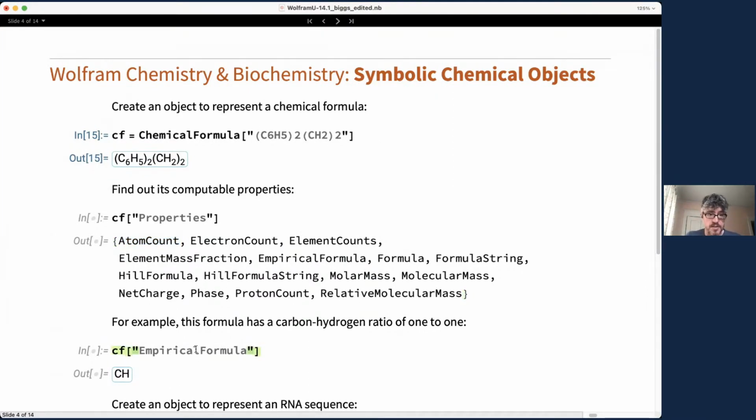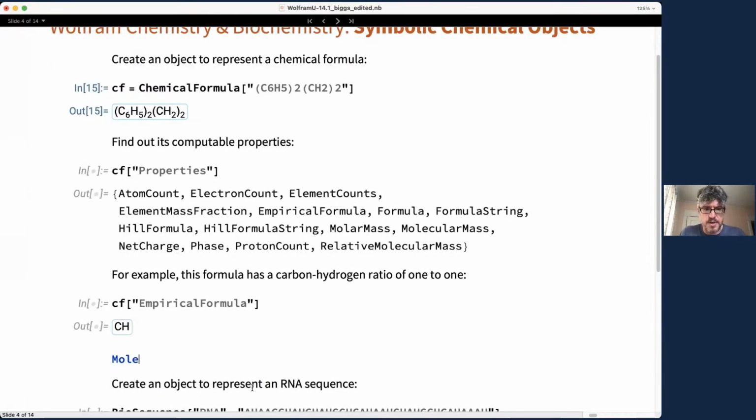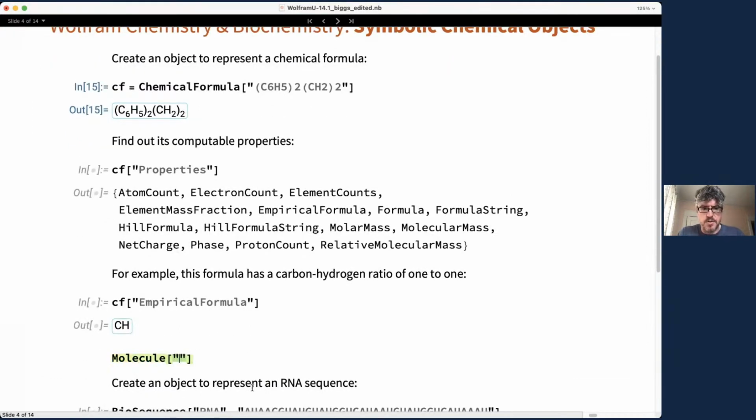For example, you can see that this chemical formula has a carbon-hydrogen ratio of exactly 1 to 1. So I'm going to go off script here and say that you can not only do that, but you can do dibenzyl ethane. Is that going to work? So it's going to try and parse this as a chemical name,